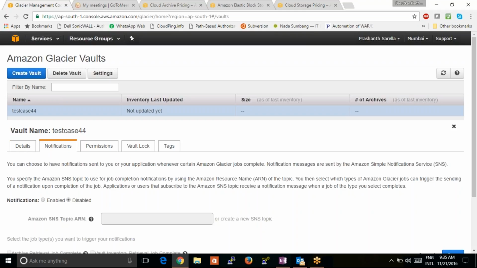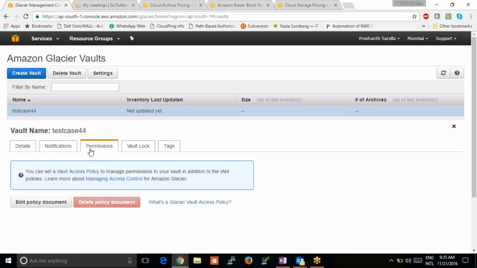Notifications enabled? No, nothing visible. So here comes the permission part. What it's saying is, you can set a vault access policy to manage permissions to your vault in addition to the IAM policies. So how do you want to control this Amazon Glacier vault? Either we can achieve this by writing policies on the vault,